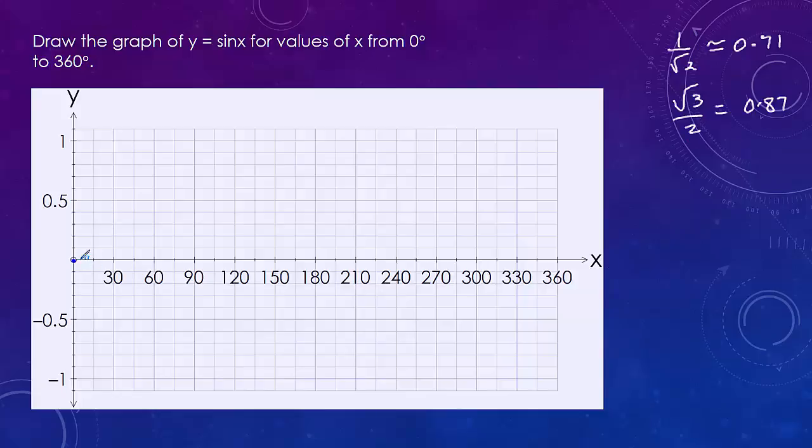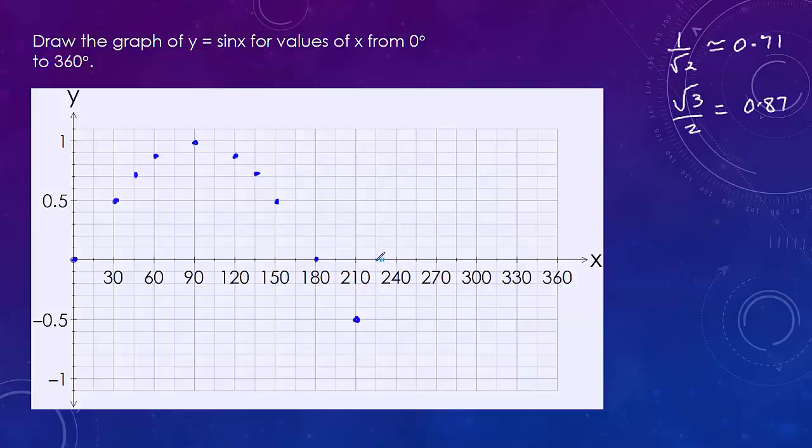So from our table, we know the sine of 0 was 0, sine of 30 was 0.5, sine of 45 is 0.71, so that's going to be about there, sine of 60 is 0.87, so say there, and the sine of 90 is 1, and then for 120 it was 0.87, 135 was 0.71, 150 is a half, 180 is 0, and then 210 was negative a half,